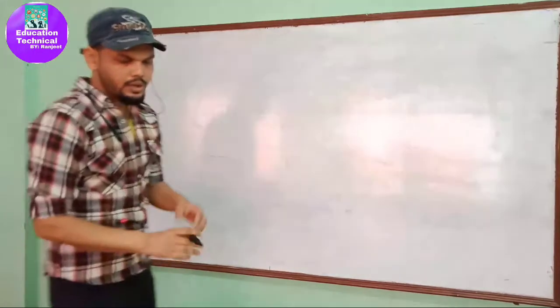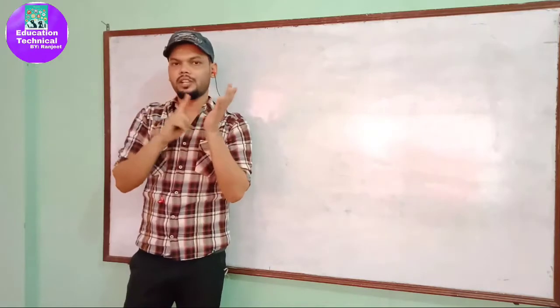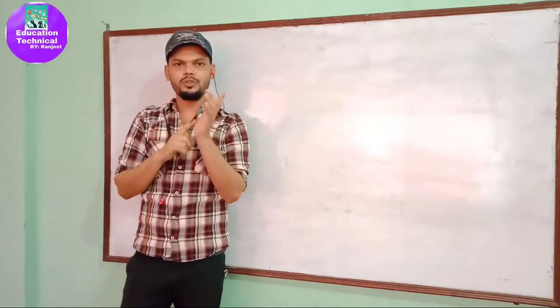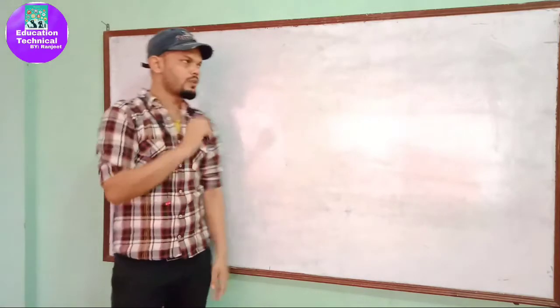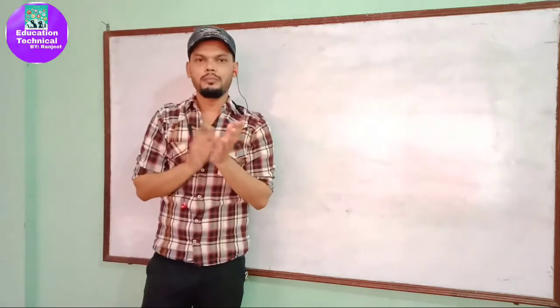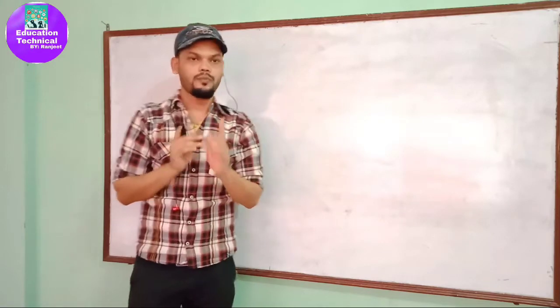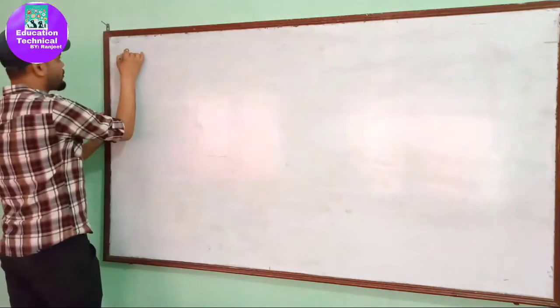I think you might have a question: how does x power 0 equal 1? I think most students have this question. So let me explain how any constant or any base with power 0 always equals 1. So here is the proof